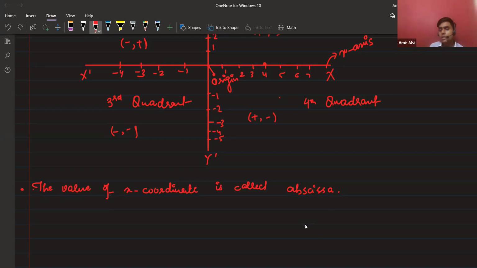This is abscissa. The value of y coordinate is called